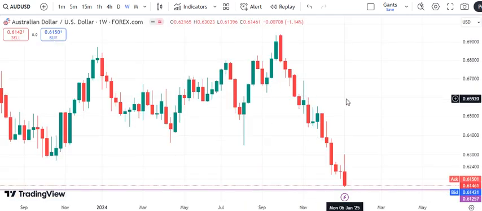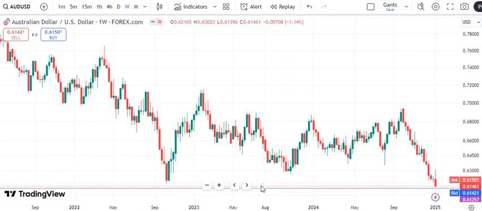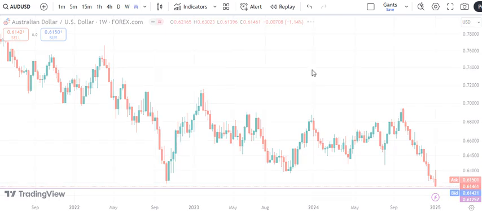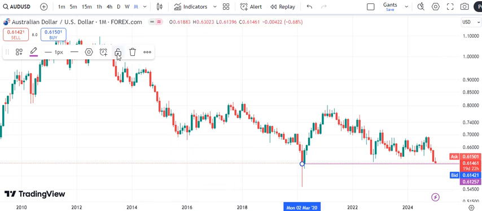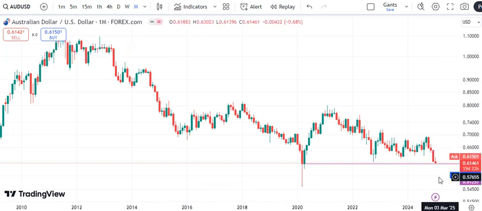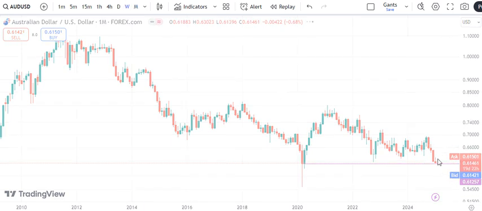Those of you that like to trade the Aussie dollar, AUD USD, we are still very much bearish. It hasn't taken out this low. That low is on monthly time frame, I suppose. Yes, the rejection block, it hasn't taken it out. And if it does that, I want to also see this low violated. All right, so that's what I'm looking at. So we are still pretty much bearish on